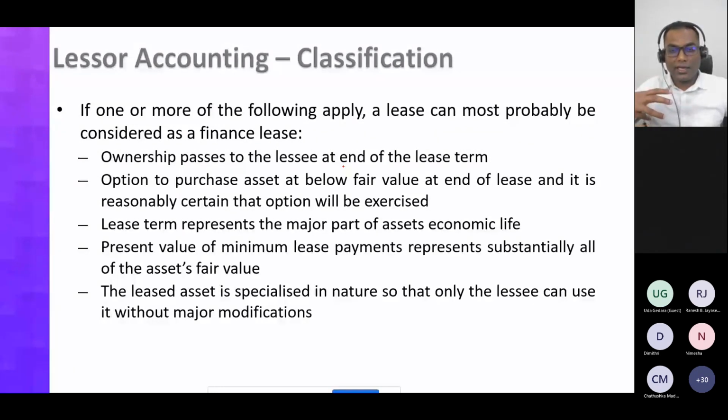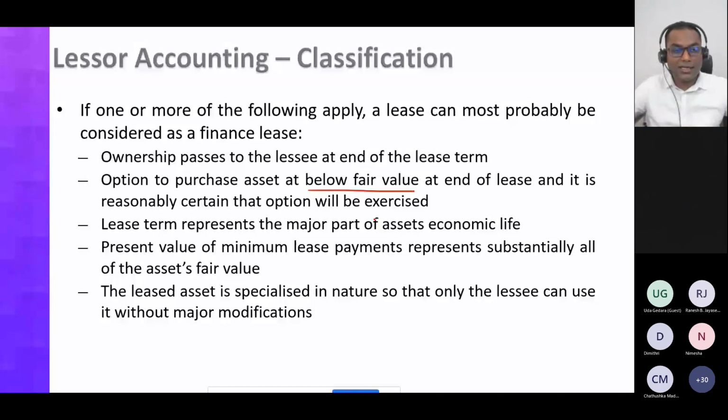Let's say I enter into a lease, it's a 5 years lease. At the end of the 5 year period, ownership of the particular asset transfers to the lessee, right? So then risk and rewards have been transferred to the lessee. It's a finance lease. Second one is option to purchase the asset at below fair value at the end of